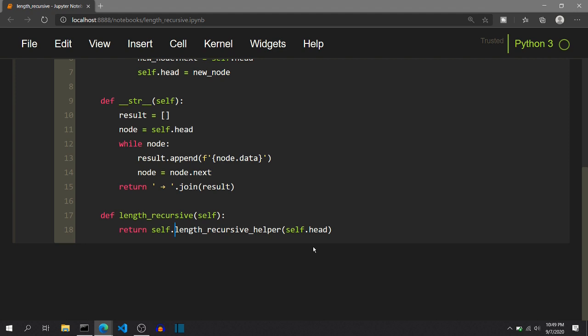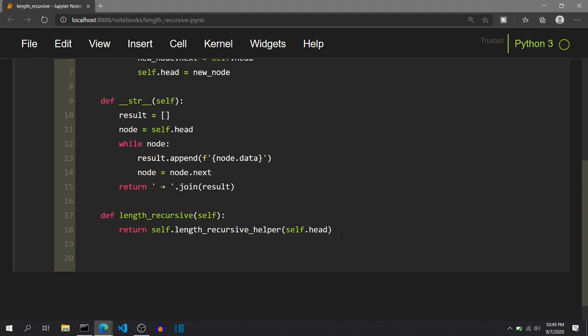But if we know that the current node is not none, and we know somehow the length of the linked list from the second node to the end of the linked list, we can just add 1 to it and return that. So we don't care how the length of the linked list is calculated in the other nodes, but we just care about how it is calculated for the current node. So we will use the same mechanism over here.